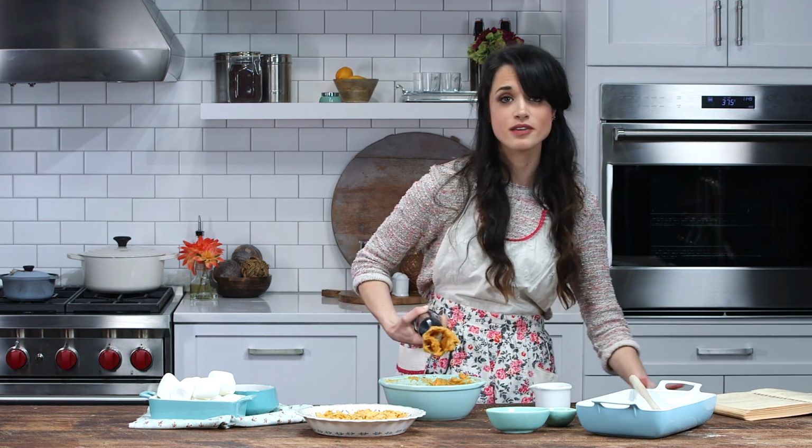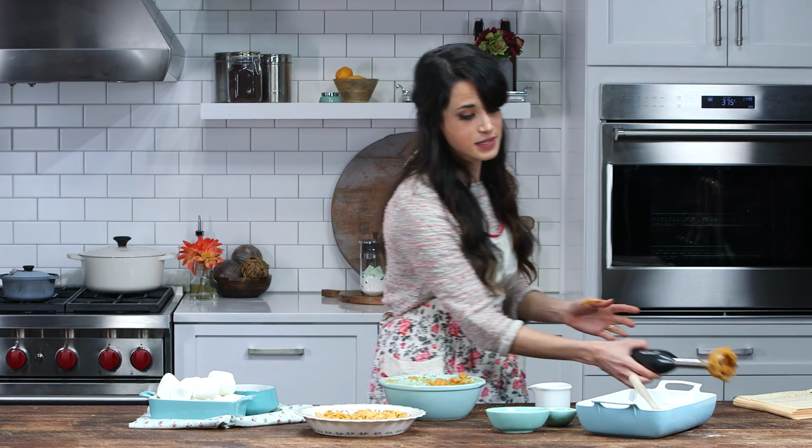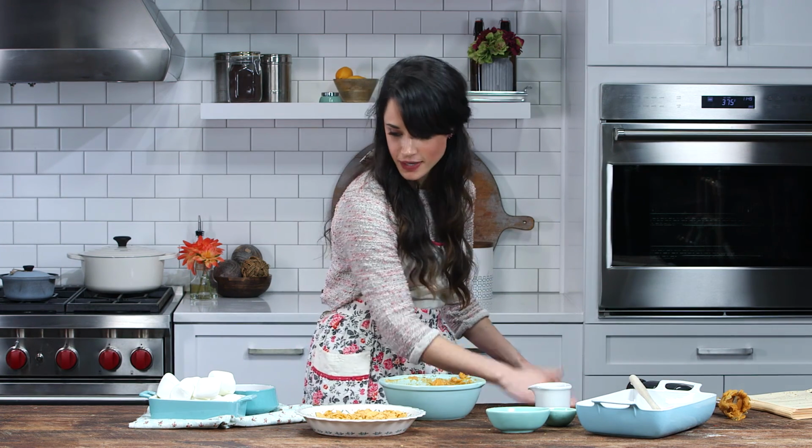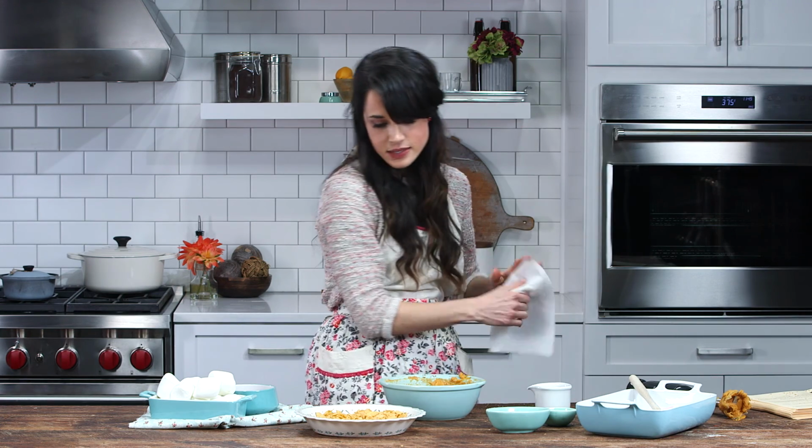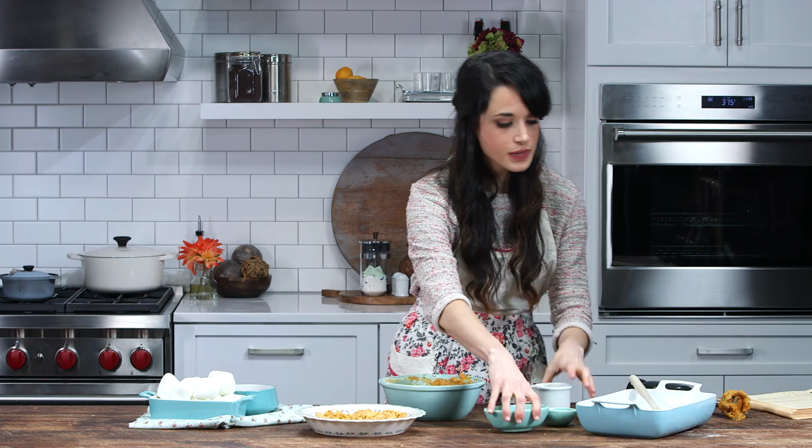So y'all, if any of y'all are intimidated by making sweet potato casserole, this is the easy version that's gonna taste great. All right, now that I have brown sugar everywhere, let me clear this off a little bit, wipe my hands, get a paper towel here. And okay, so our next set of steps involve jumbo marshmallows and crushed cornflakes. So the beauty of this, let me clear these bowls, is that